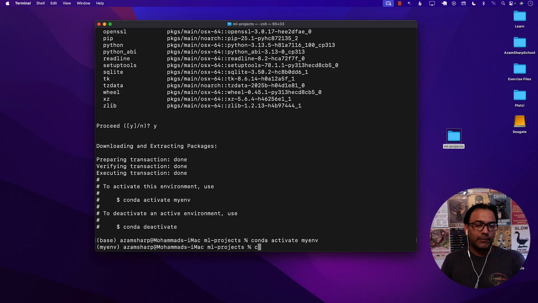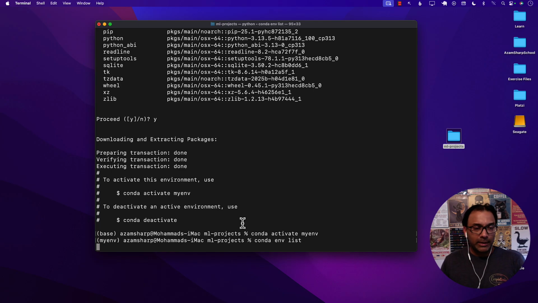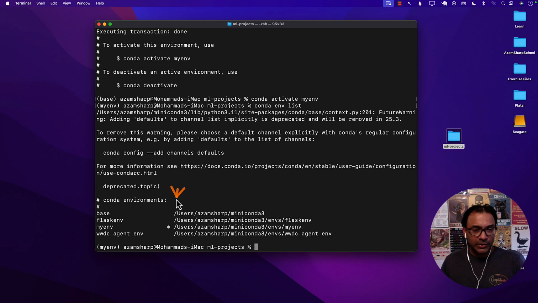Whenever I activate the environment, I always like to run conda env list, so that I can see that star, the asterisk, right next to my environment. See that? It's right next to my environment, which is basically saying that that's the environment that is currently activated. It moved from base to my env. Okay, so that's good. Now right now our environment has Python 3.13.5,